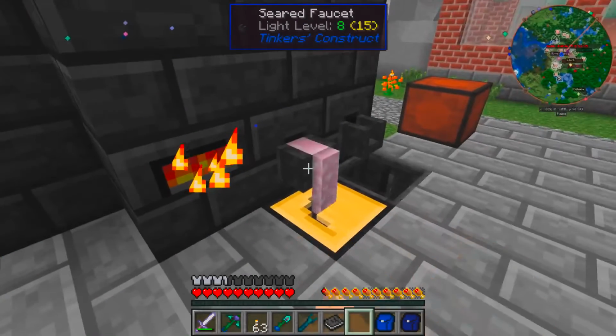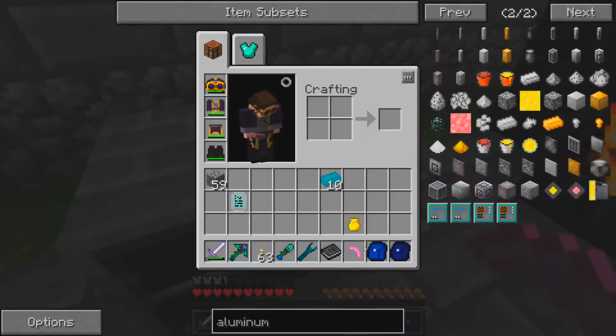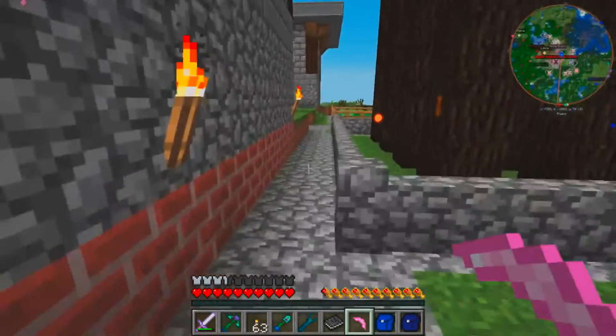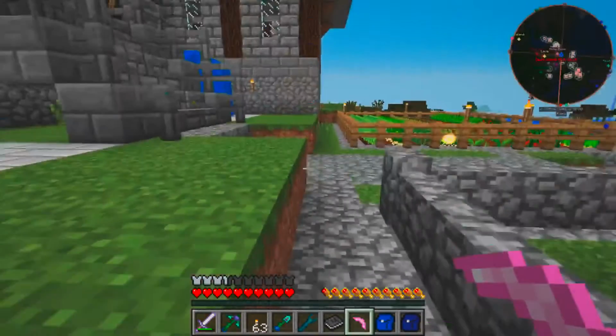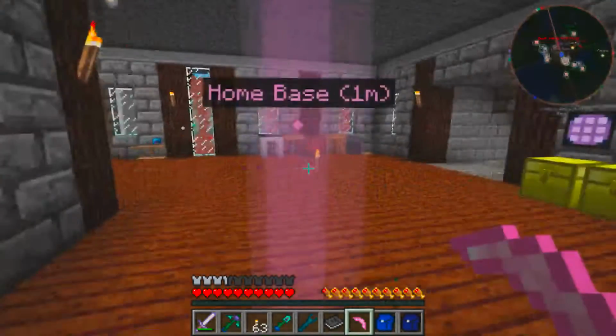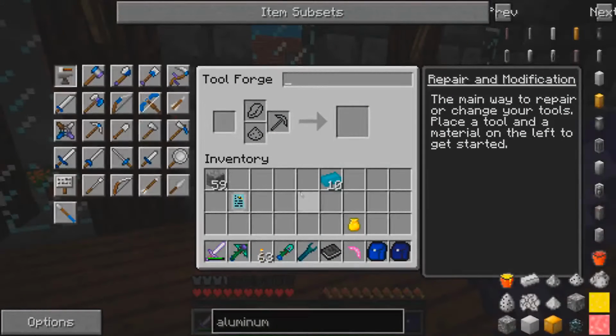So what we're going to do is pour out our alumite, all right? And we're going to replace the steel pickaxe we have here with the alumite pickaxe head, okay? Because alumite actually has a higher mining level than steel, which is going to make our lives a little bit, well, not necessarily easier, but...